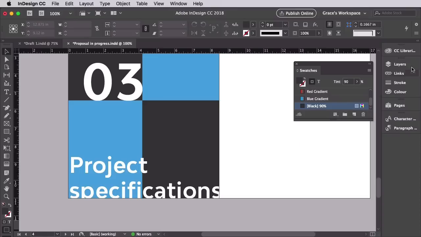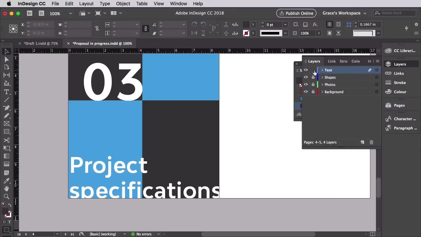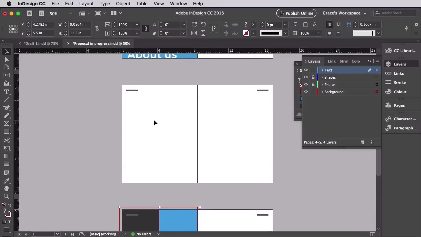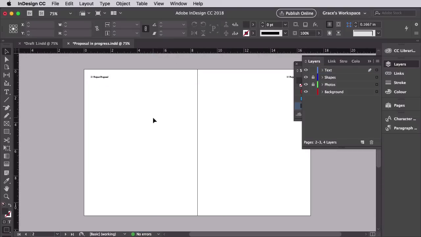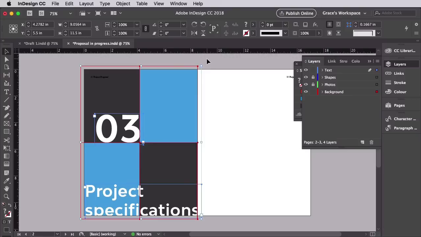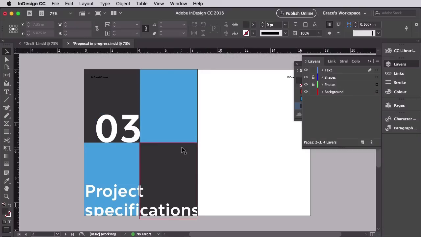pages. So to demonstrate, let's unlock the background layer and have the text layer unlocked too. And select everything on that page and edit, copy it. Scroll up to the previous spread, which starts on page 2 of your document, and edit and paste in place. And you can just tweak this slightly to give the page a little bit of difference while keeping that same consistent layout. Let's get rid of the shape on the bottom right